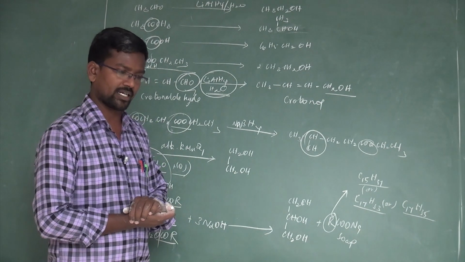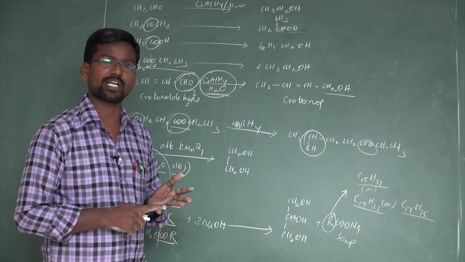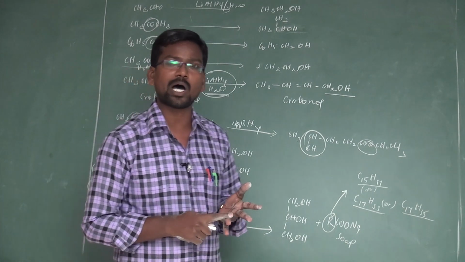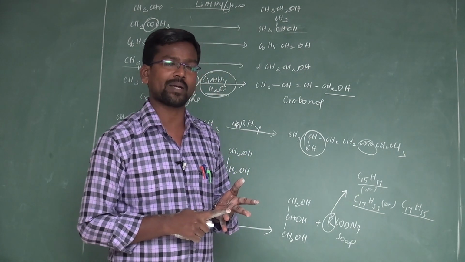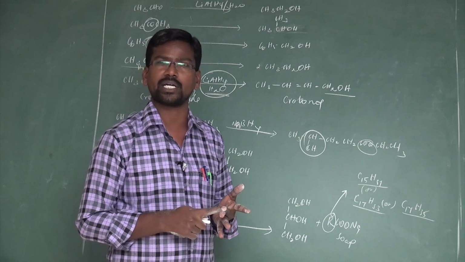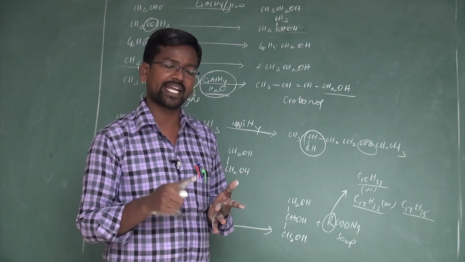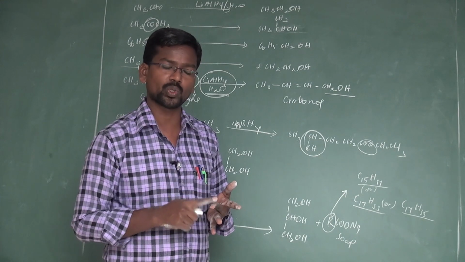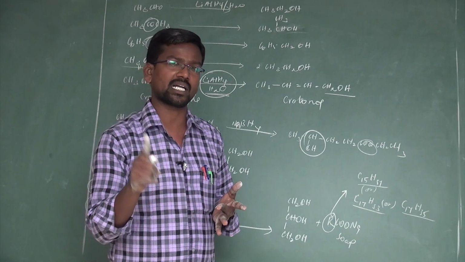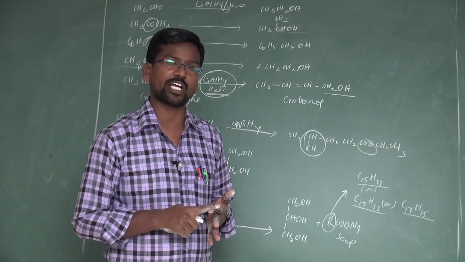The first one is the nucleophilic substitution reaction, SN1, SN2. The second one is Markovnikov addition reaction, where propene can be converted to alcohol. The third one is Grignard addition reaction, the nucleophilic addition to aldehydes and ketones. Formaldehyde, acetaldehyde and acetone can be converted to primary alcohol, secondary alcohol and tertiary alcohol. Another one is the hydroboration process, which follows the anti-Markovnikov rule.